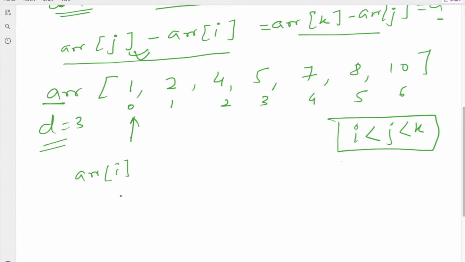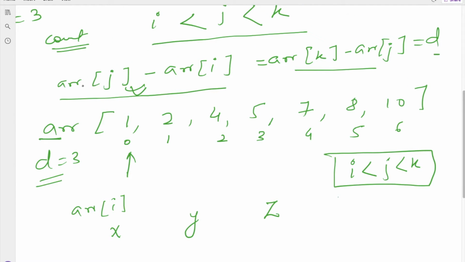Suppose this is my x value, and we have to get the y value and the z value. This is my x value, this is my y value, and this is my z value.